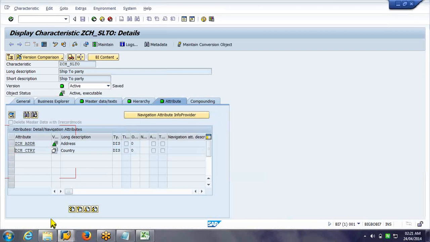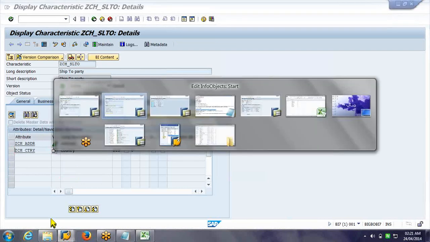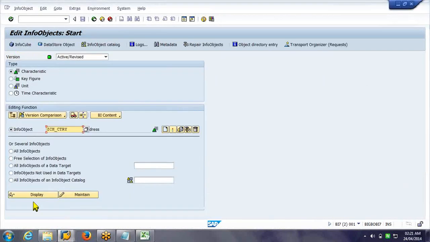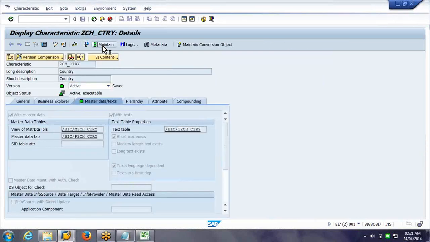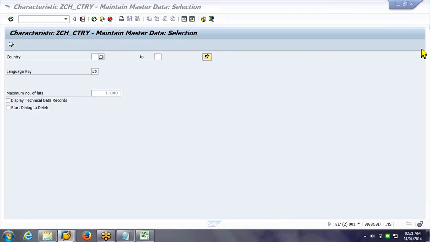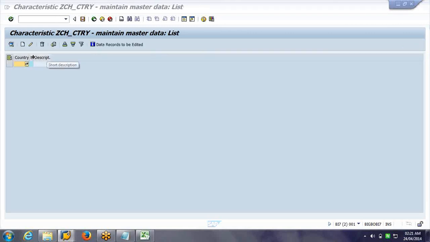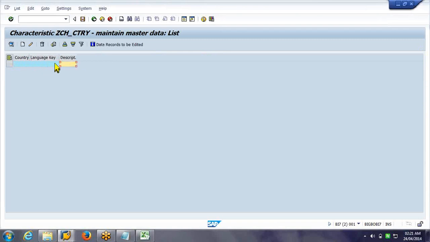Check country as well. You can see even country is not.